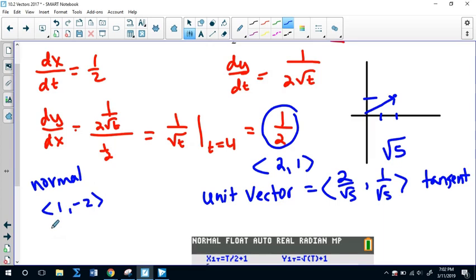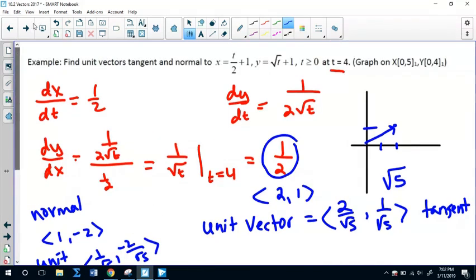It doesn't really matter. But then I need to create the unit vector that goes with it, which is 1 over root 5 and -2 over root 5. Okay. All right. Last problem,